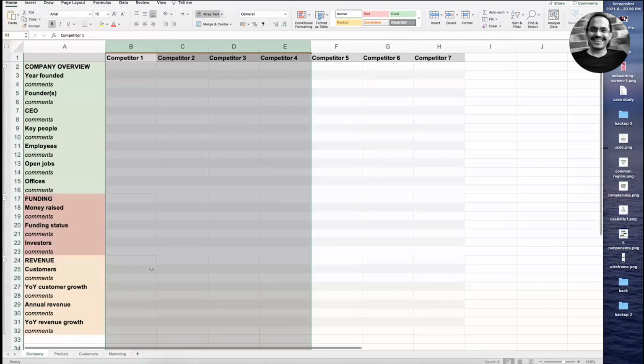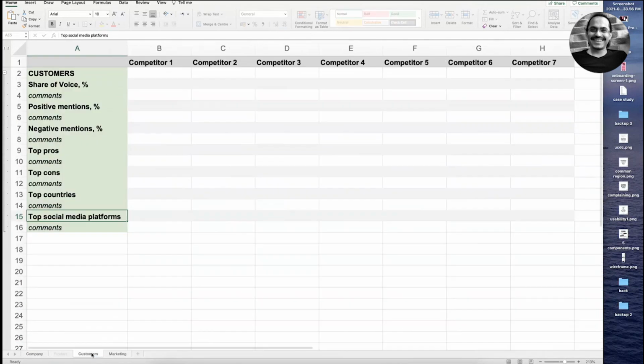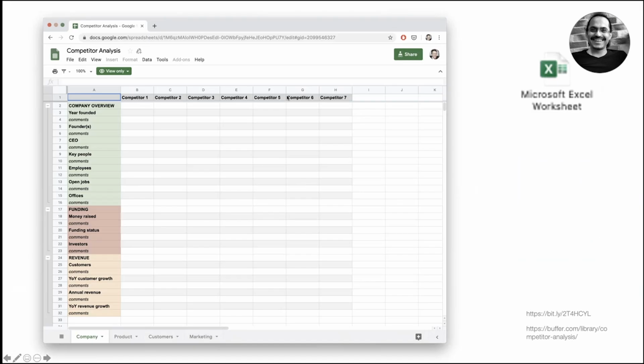Generally designers don't do a deep comparative analysis. These are mostly done by the product people, and after that it's shared with the designers. But it's always good to understand this. As a designer, you would mostly be focusing on the product and the customers. So that was secondary research.